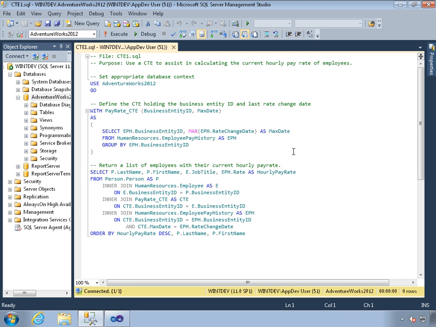In this example, we're taking a look at a common table expression. And here you can see the syntax for creating that CTE. Highlight that all for us so it's a little easier to see. We name the CTE, in this case pay rate, and we're indicating the columns that we want to include, and we're indicating what its definition is. How are we going to get that business entity ID and max date? Well, we're doing that by